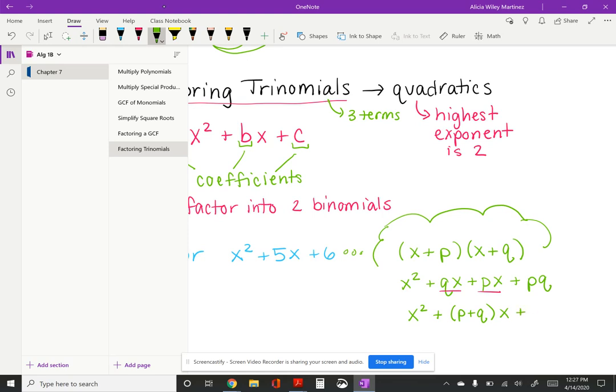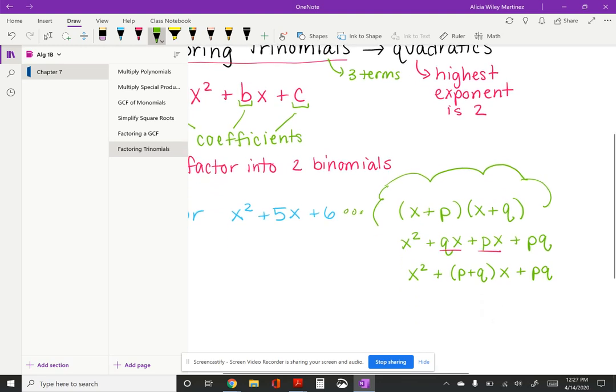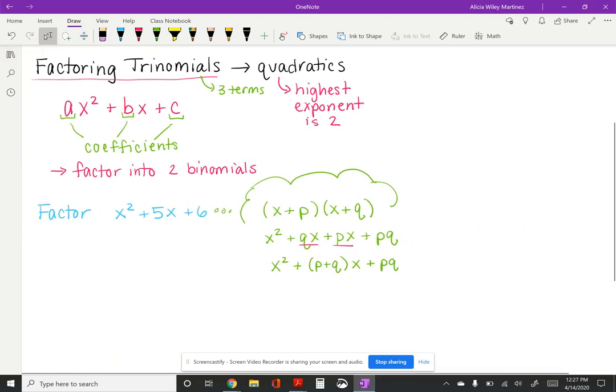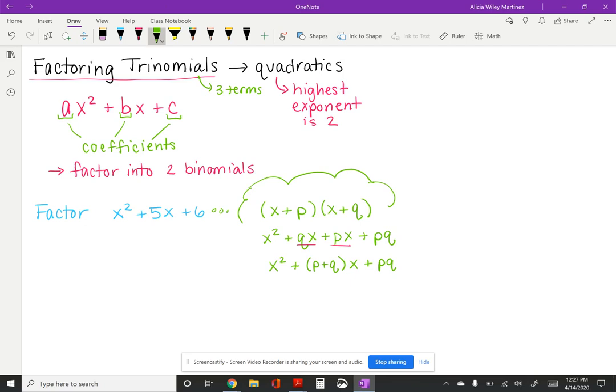And then that's plus PQ, right? So the coefficient of x is going to come from adding these two numbers together. So what you can see here from this problem, as we're going through this thought process, I'm going to continue my thought bubble because I'm still thinking that this coefficient of x,